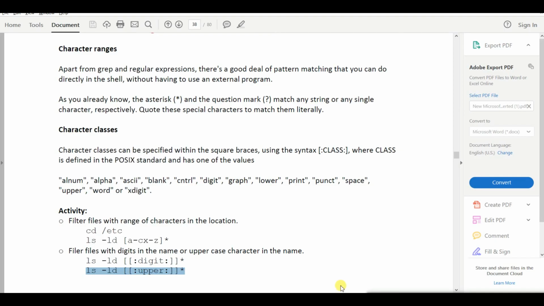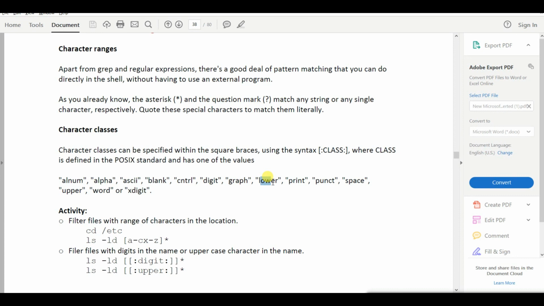If you refer to the document, you can search directories which have a space in them, which have punctuation marks in them, likewise with lowercase characters in them.